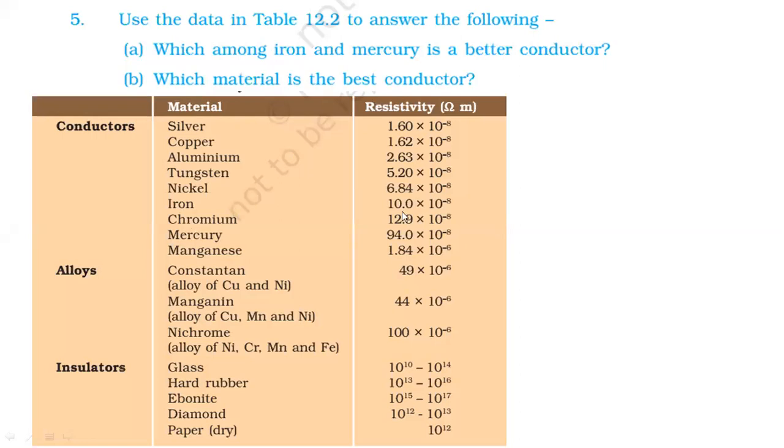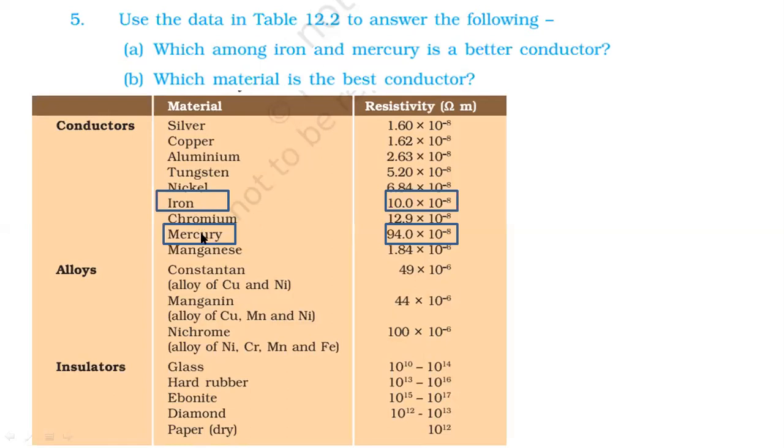For that, what we have to do is compare the values of mercury and iron resistivity. So I will highlight them for you. The question is, who is the best conductor among both of them, that is, iron and mercury? All we need to do is compare. You can see the value of iron resistivity is less, mercury resistivity is more. So whoever has less resistivity is a good conductor. Jiska kam resistivity ho, that is the better conductor. So in this case, who will be the best conductor? What is your answer? What do you think? Obviously, iron, right? Iron will be the best conductor.